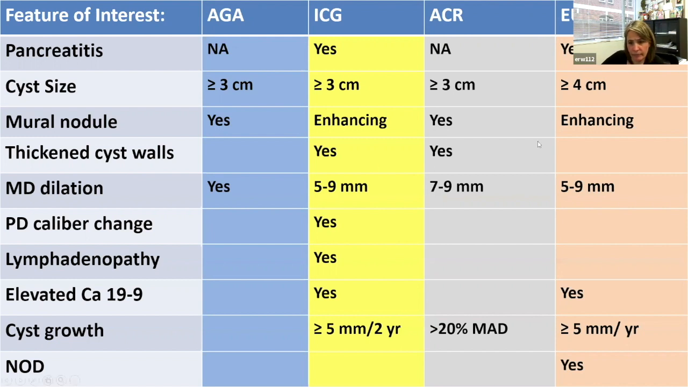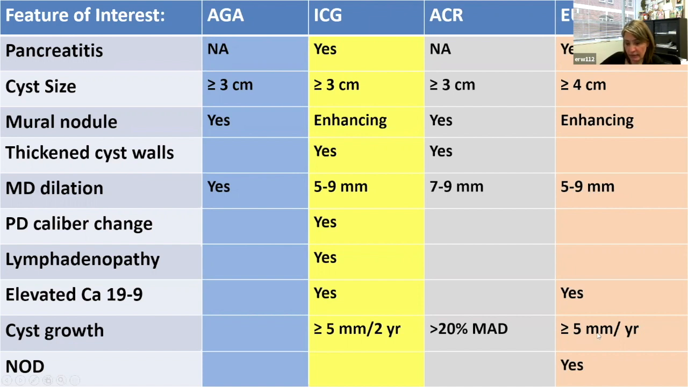So, the mural nodule, in some guidelines it's dichotomous, yes or no, whereas in others it depends if it's enhancing. Main duct dilation size varies over different guidelines. Only the ICG incorporates the change in the pancreatic duct caliber, lymphadenopathy, or the elevated CA19-9 at this point in time. Cyst growth is in different guidelines